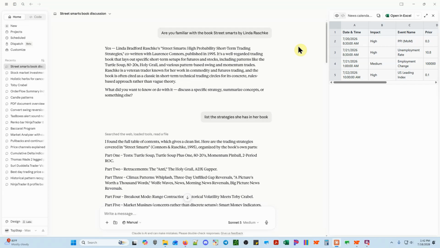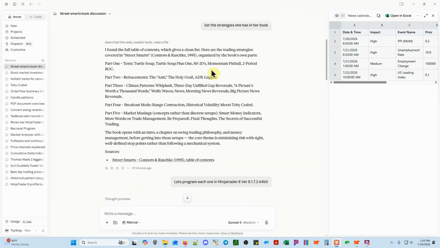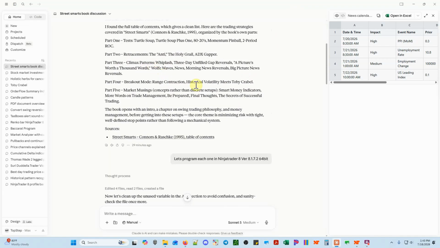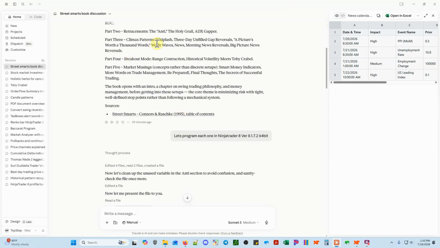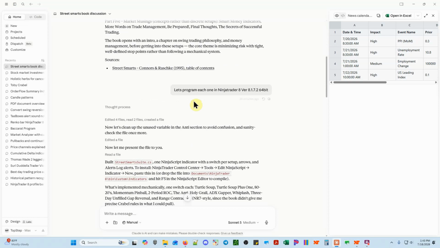If I read the book or saw the book, I ask about it. You can see, yes, I asked, are you familiar with the book Street Smarts by Linda Raschke? And it goes on to answer me, and tells you what strategies it has. And I said, you know what? Don't do the strategies. Turn them into indicators and put them in one big indicator. And you can see right here where Claude tells me every strategy that she uses in the book. And I said, let's program each one in NinjaTrader 8,